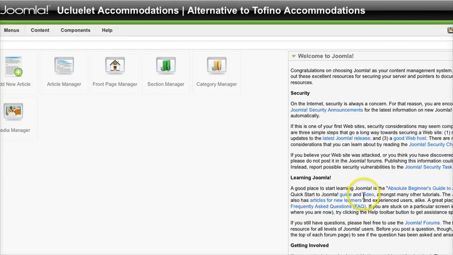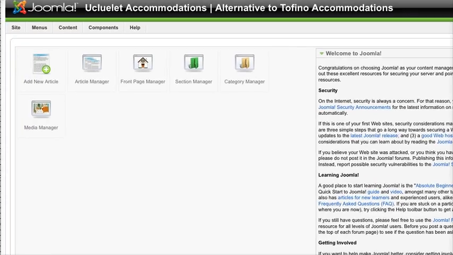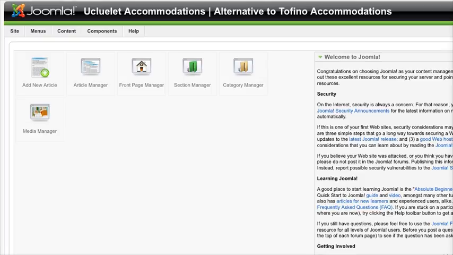So this is the back end of the site, the control panel, if you will. You don't have to worry about any of this stuff ever. These are your main buttons for the main areas of the website. What you'll most often be concerned with is adding a new article. Everything that appears as text on your website is an article. So you add new articles, or you can manage an article, thereby changing the text in one of the articles